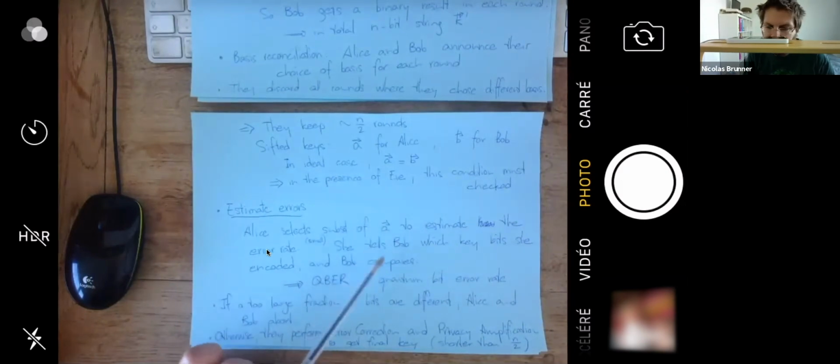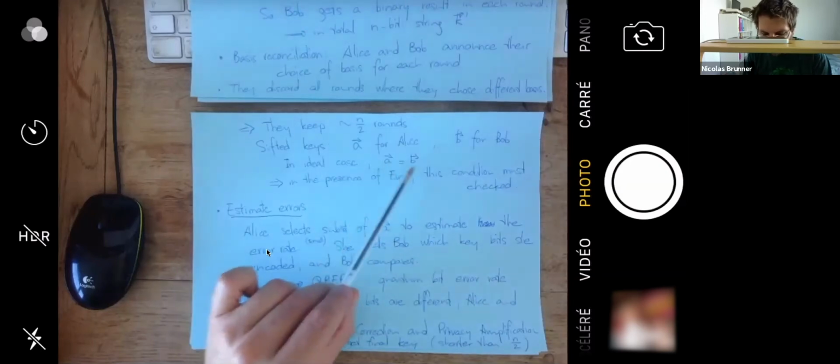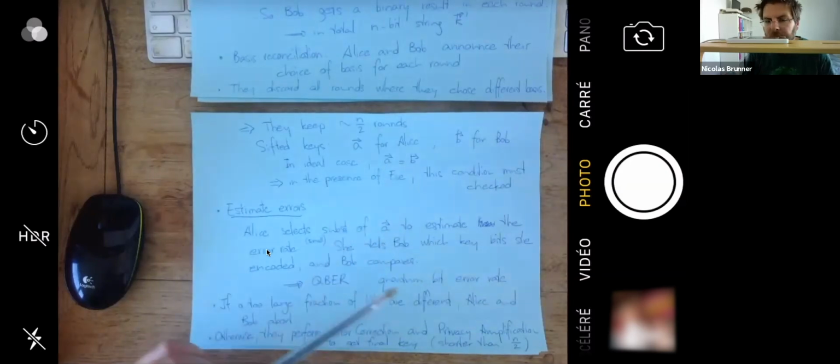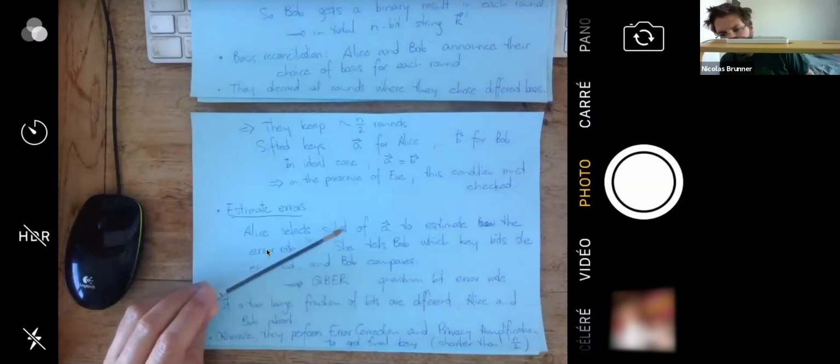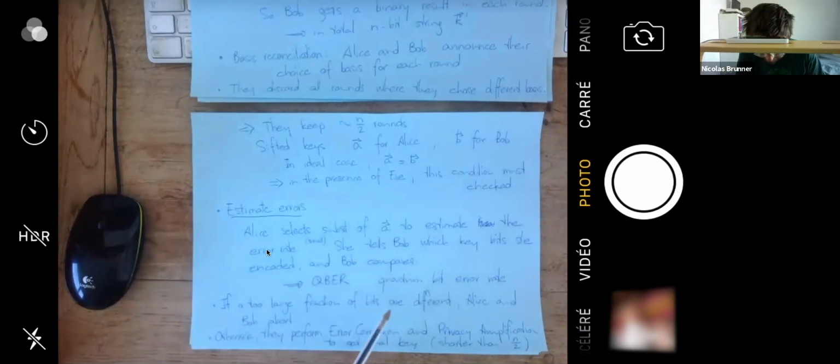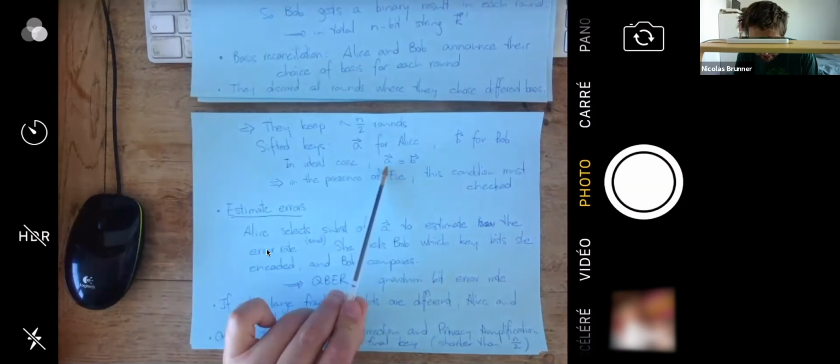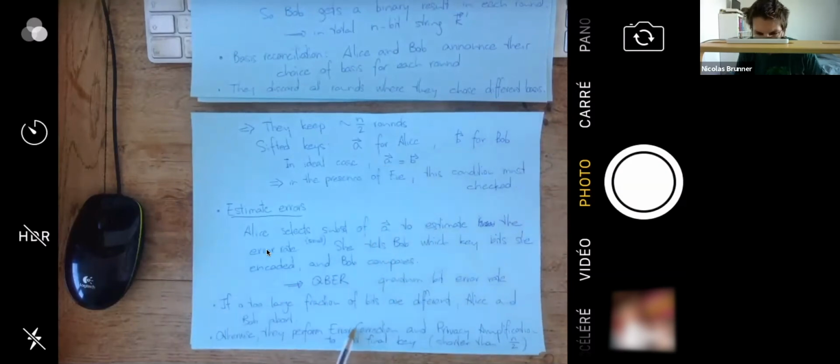So maybe you take, of course, it depends on the length of these, but typically you could take out 1% or something like this. You just need to have good statistics. So this reduces a little bit the length of the sifted keys, but then when you do this error correction and privacy amplification, these are necessary steps where you will further lose bits. So the final key will typically be quite a bit shorter than n/2.